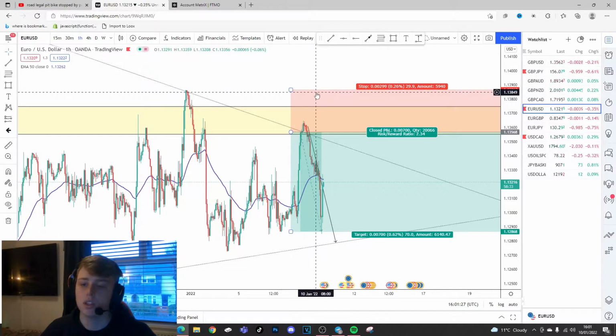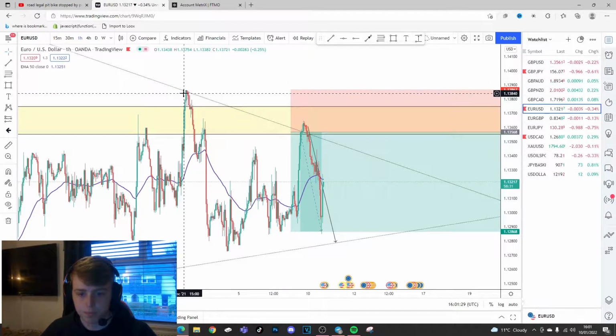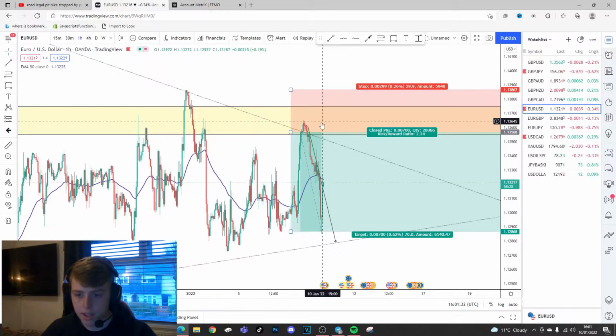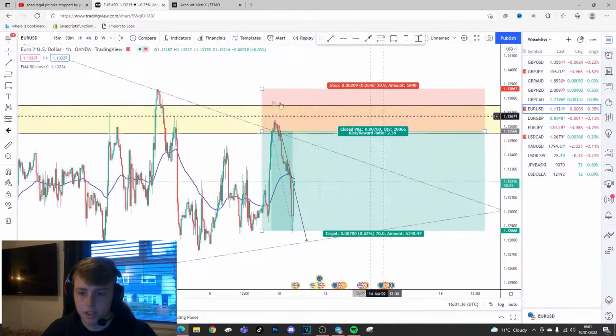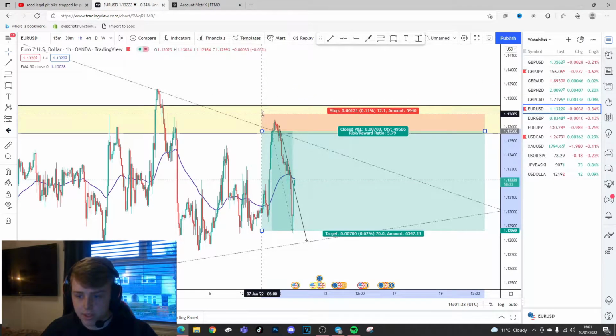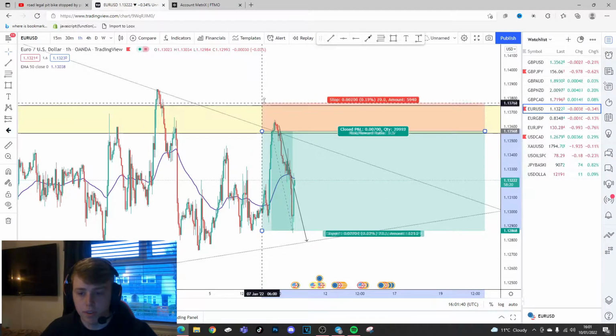The stop loss was just above the previous high here, and looking at that now, I could have literally put the stop loss there, 12 pips, and would have made much more profit. But